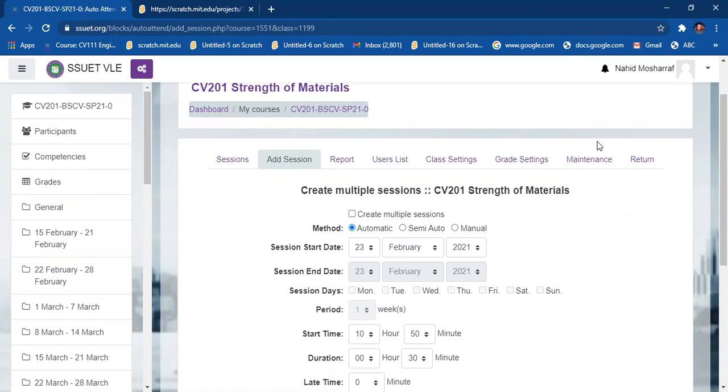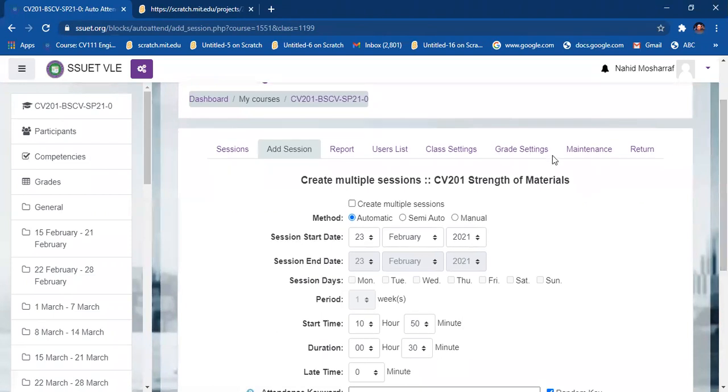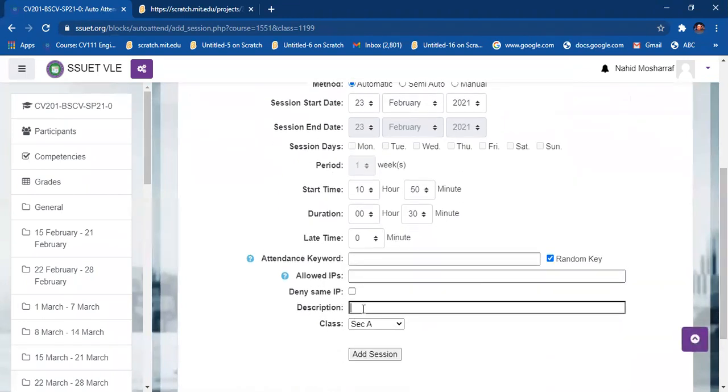In your sessions and how can you create your theory classes. For example, I have theory classes for section D on Tuesdays, on every Tuesday. So what I have to do, first of all, you don't need to create multiple sessions right now here. So the description tab will be open. So right now what I am going to write in here is section theory class